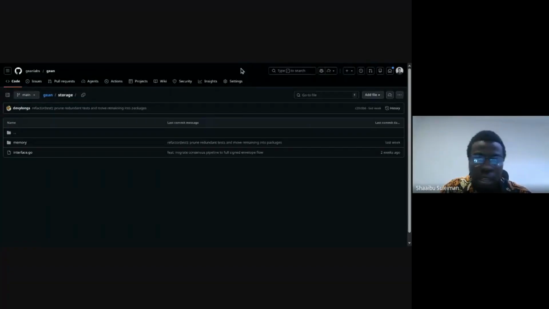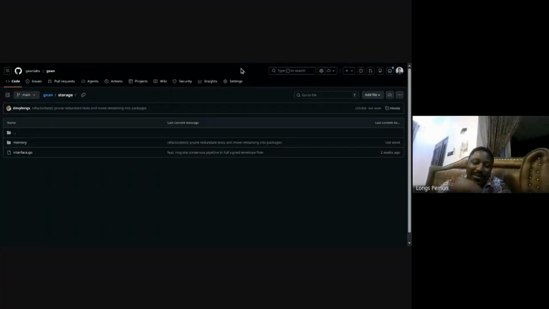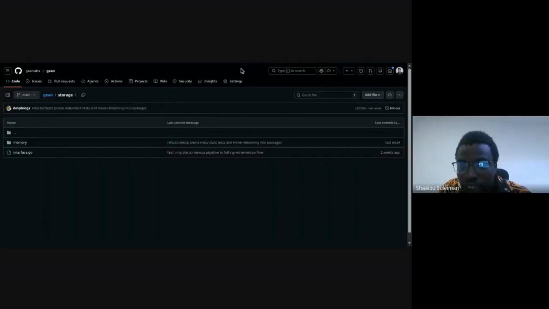But for the current work we're doing right now on Devnet 2, we are looking forward to using persistent storage for data persistence and all that. So for the storage, you find it in